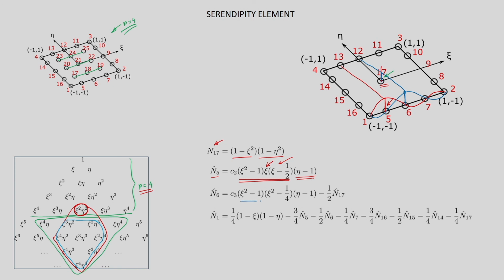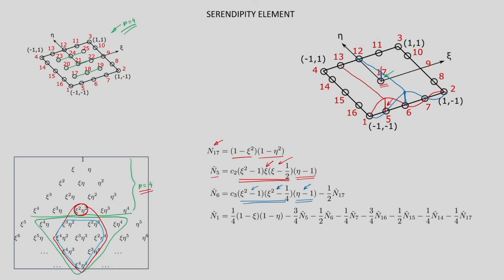First, we define N6 as a polynomial of degree 4 in xi, and a linear function in eta. This is very easy to see because it has to vanish at xi equal to plus minus 1, it has to vanish at xi equal to plus minus half, and it has to vanish at eta equal to 1. So, that constructs N6, but since this varies linearly, this is 1 here and 0 at node 12.